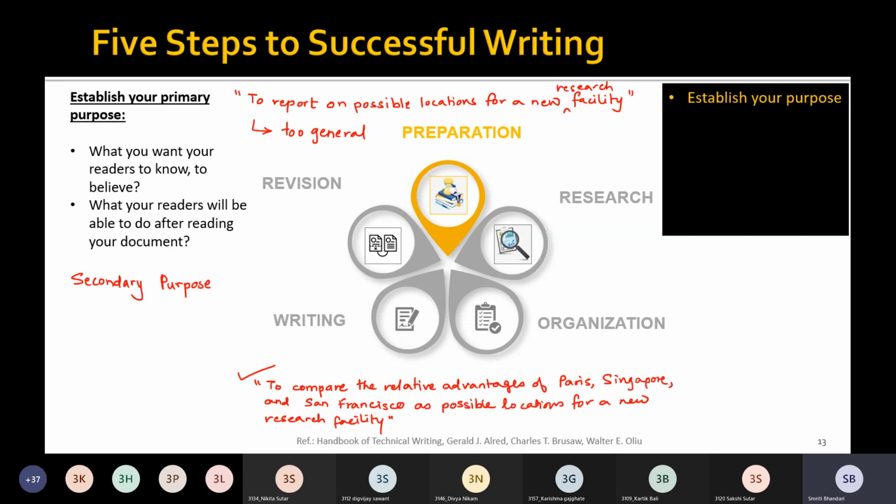For example, for the same task under consideration, the research facilities report, the secondary purpose might be to make corporate executive readers aware of the staffing needs. Right?